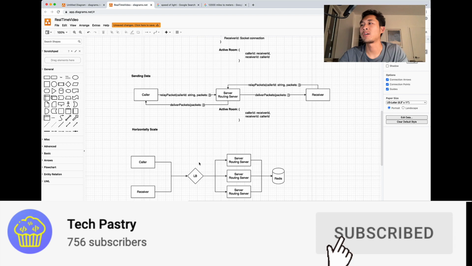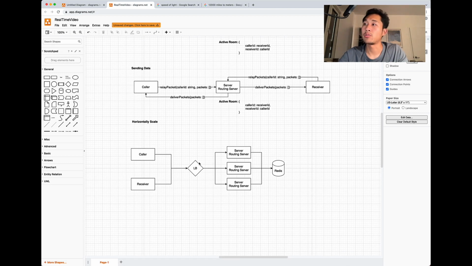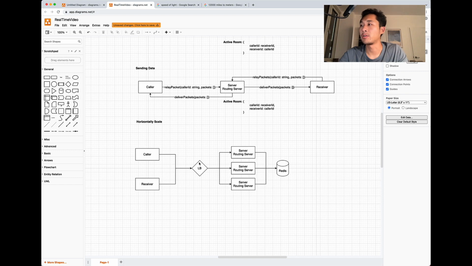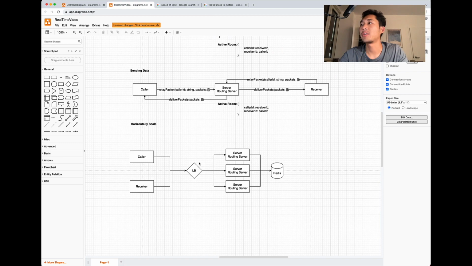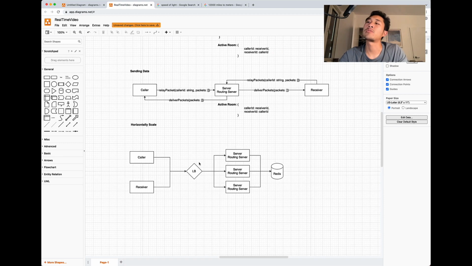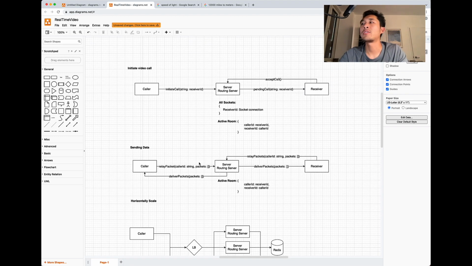Very simple. We can add more frills if we wanted to, like storing room IDs and stuff later on, or storing the actual video calls. But this is how you would approach a real-time video streaming app.